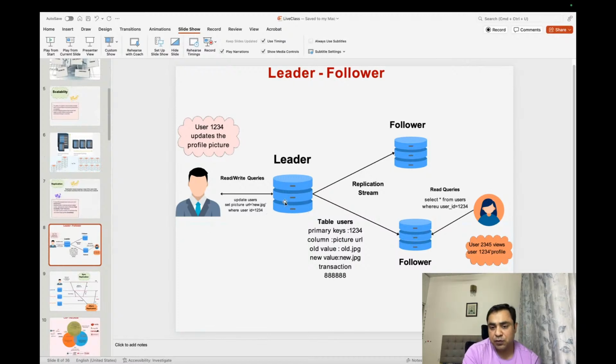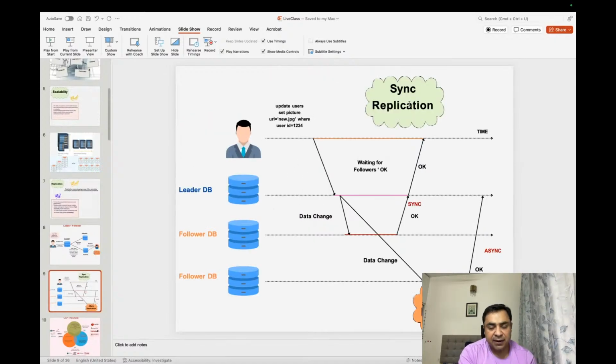If we have to write, the data would be replicated to different followers, through a replication stream or through queries. And there would be sync replication and async replication, where you have a leader and you have different followers. So if it is a sync replication,